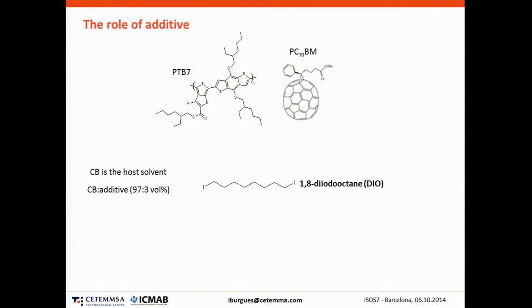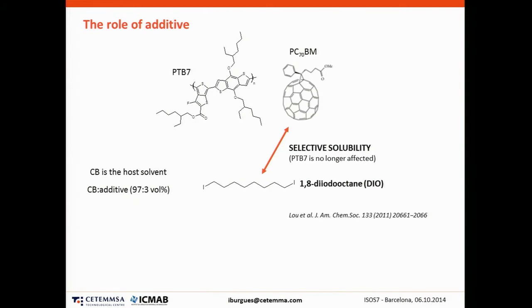So our goal was to find alternative additives to be able to process this material system or others. The idea is not to work with this system, but I want to introduce an interesting tool to identify more stable solvents and additives. In this particular case, this additive shows selective solubility for the fullerene, so we want to find an alternative additive that also shows this